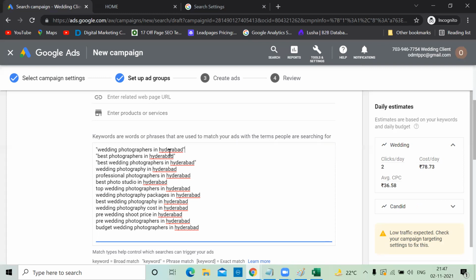When you mention that, the customer should not disturb the pattern. Apart from that, he can add anything before and after. So no need of adding this keyword, best wedding photographers in Hyderabad. If you make everything exact match, let it be like that, then this should be there and this should be there. But you want to go as a phrase match. This is called keyword duplication. This is the problem actually. So whatever Google suggested, don't take all of them blindly.